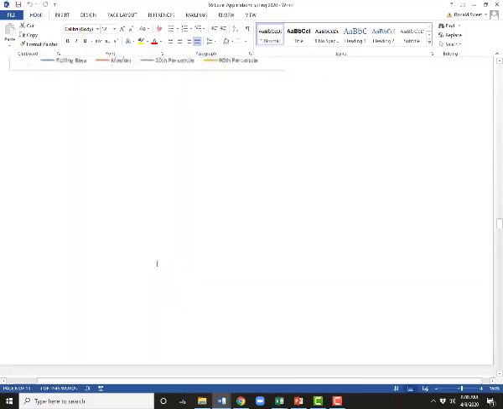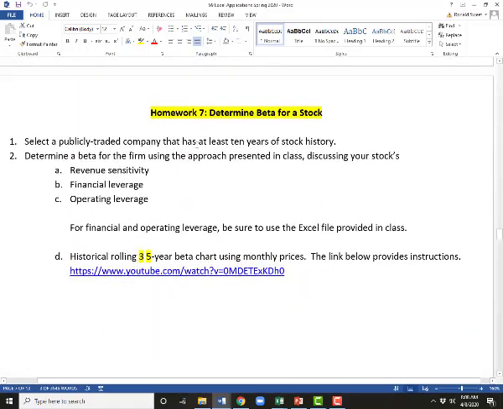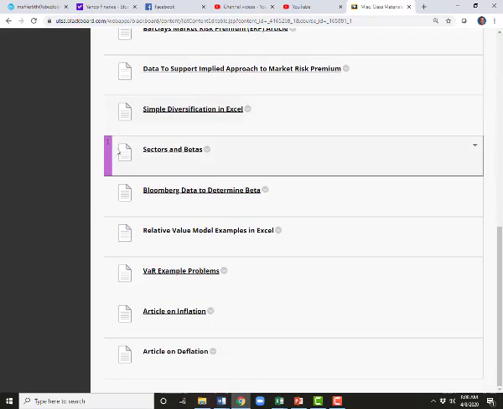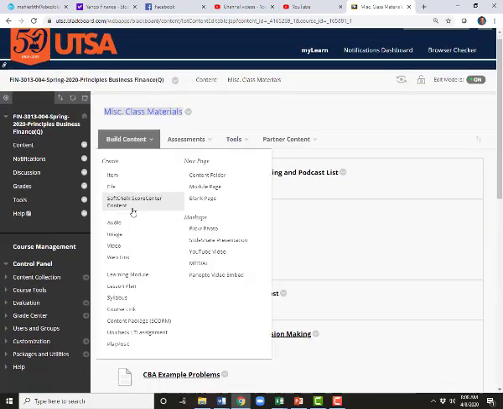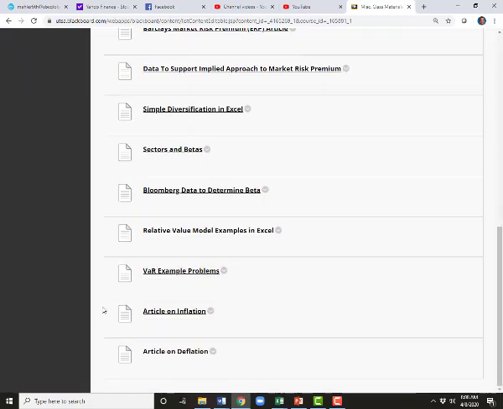And then for the next Excel application, number 7, you're going to do the same thing that I just did with Packer, except you're going to do revenue sensitive. You're going to pick a company. You'll talk about their revenue sensitivity. Are they cyclical or are they defensive? And then you do financial and operating leverage by going into Blackboard, and there's a file in Blackboard under miscellaneous class materials. It's down near the end, called